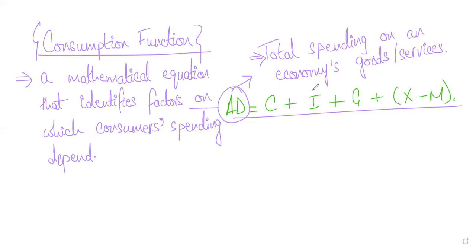ठीक है, इसी तरह फिर हम देखेंगे कि जो एक कंट्री की इन्वेस्टमेंट होती है वो किन फैक्टर्स पे डिपेंड कर रही होती है। आप मेरी बात समझ रहे हैं? देखिए, if I quickly ask you what are the factors that affect the investment of a country, you already know. Can you tell me which are the factors, right? So the factors on which any economy's investment depends include what? The interest rates, right? Exactly, interest rates. The profit levels. If profit levels are increasing, obviously you will invest more, and so on and so forth.